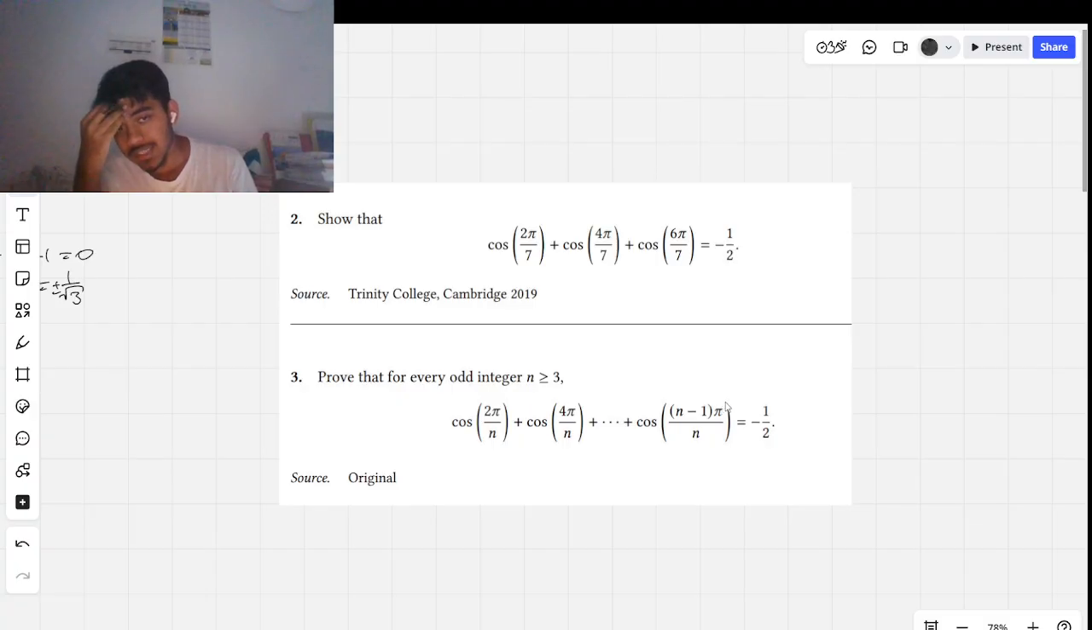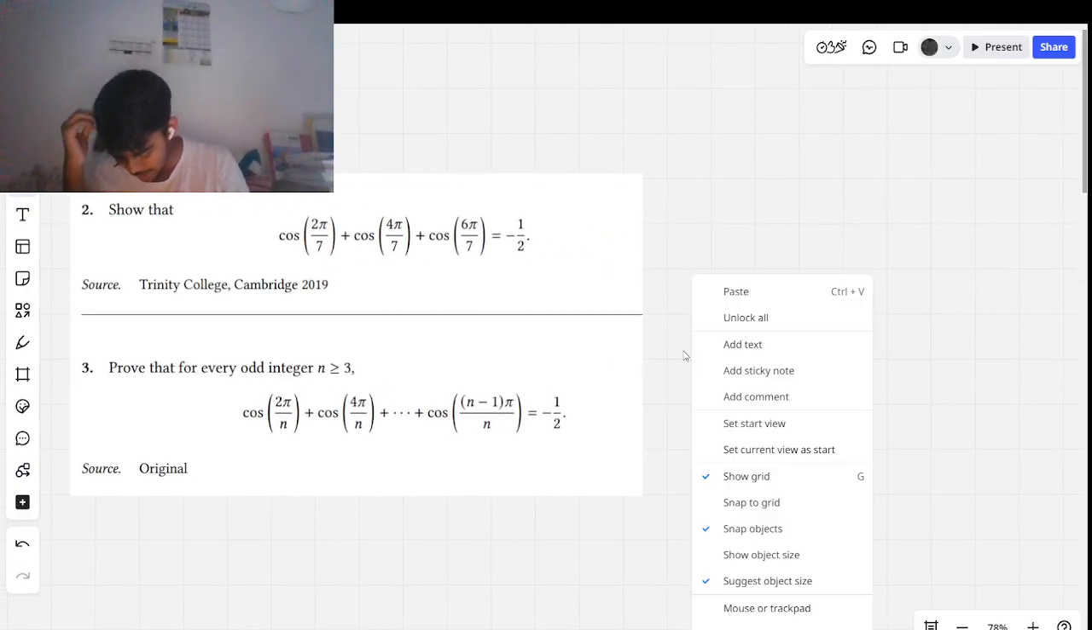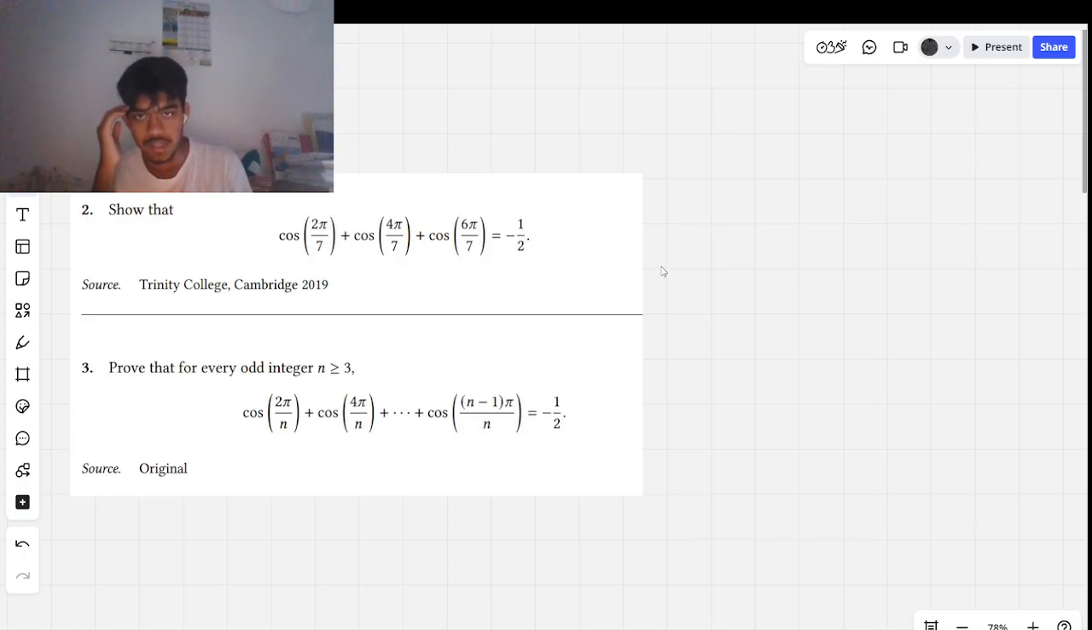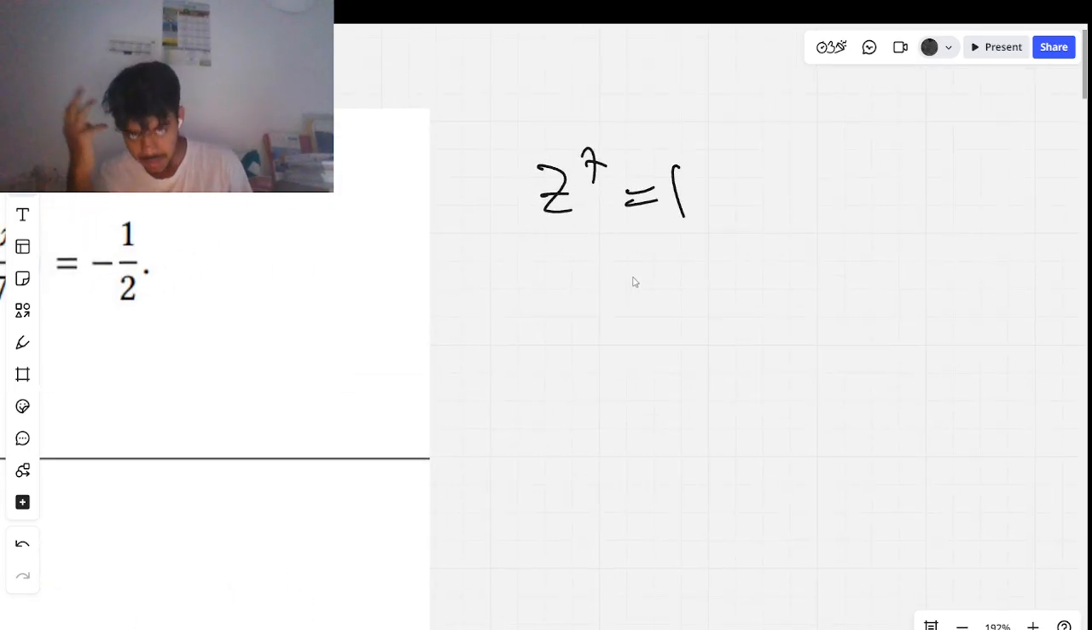The way I thought about this is using A-level further maths content, roots of unity, and C plus iS. So I know something important, that this is the real part of the seventh root of this equation. Let's say that's written wrong. It should be a 7. z, a complex number, raised to the 7 is equal to 1. And I'm going to say the roots of this equation are 1, because of course 1 to the 7 is 1,